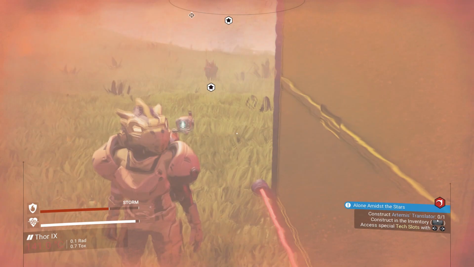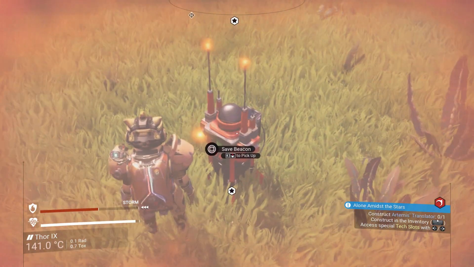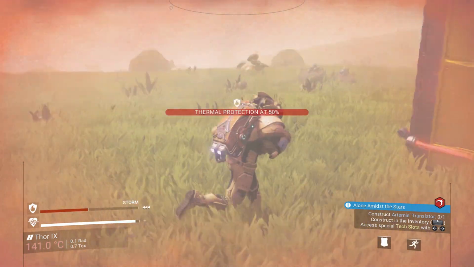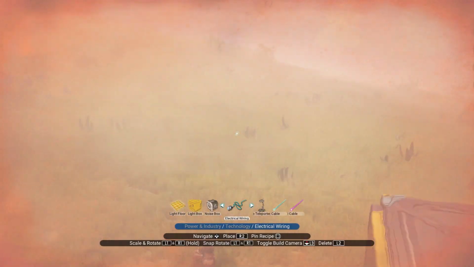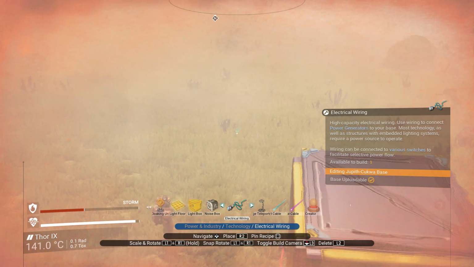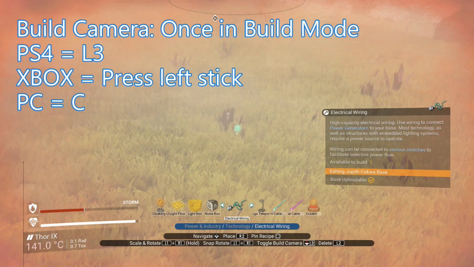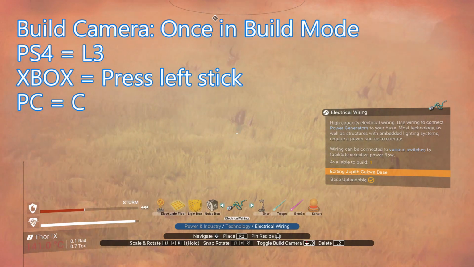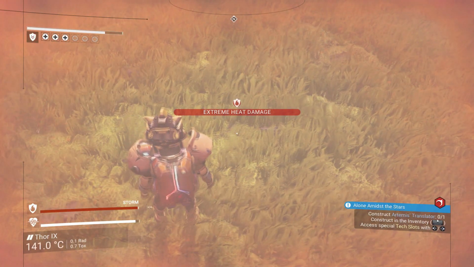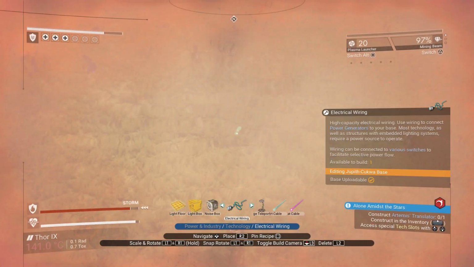Okay, so we've reached the electromagnetic hotspot. I'll get rid of that. Now, this is the best way to build, because I don't know if you notice, when you're in the build camera, the storm doesn't affect you, which is brilliant. So get in the build camera,